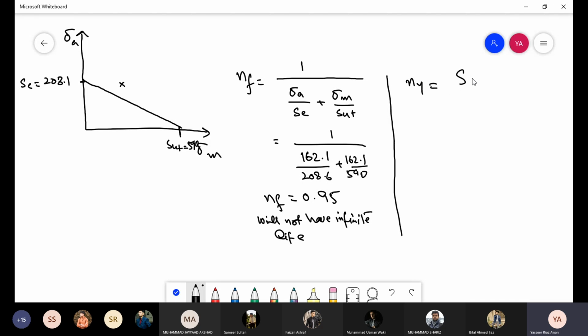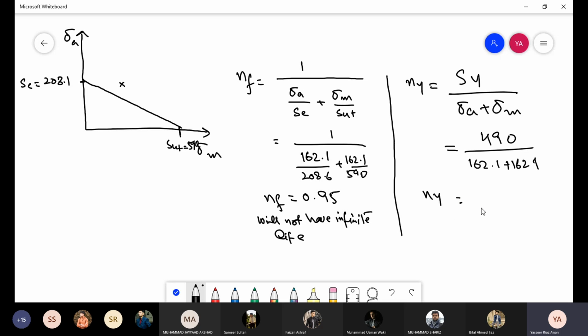the Langer line. So for Langer line, this is the yield check. So SY for our material is 490, and this is, so we can see that this yield safety factor is 1.51. So that means that